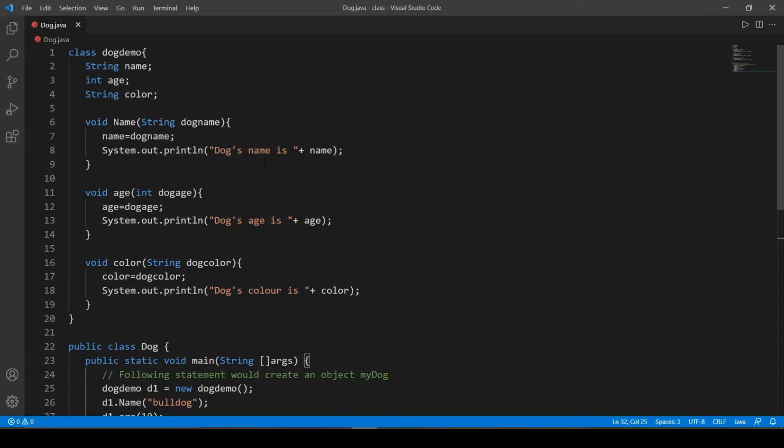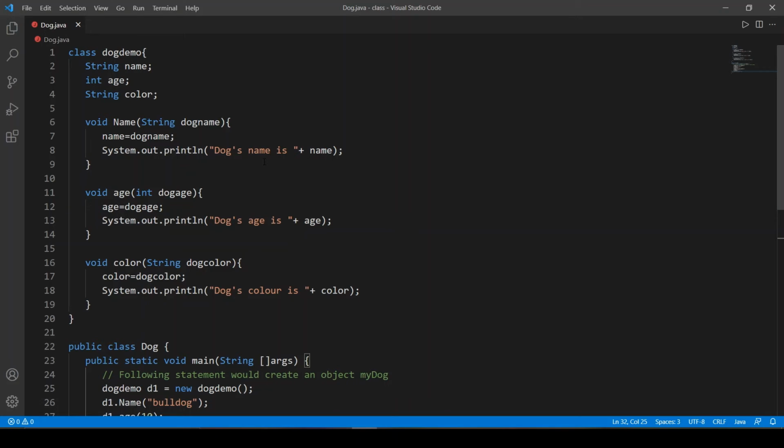And the color method. Okay, so this class is a template class, and now we are able to make the objects of this class. Using this template class, you can point to this template class and make objects.